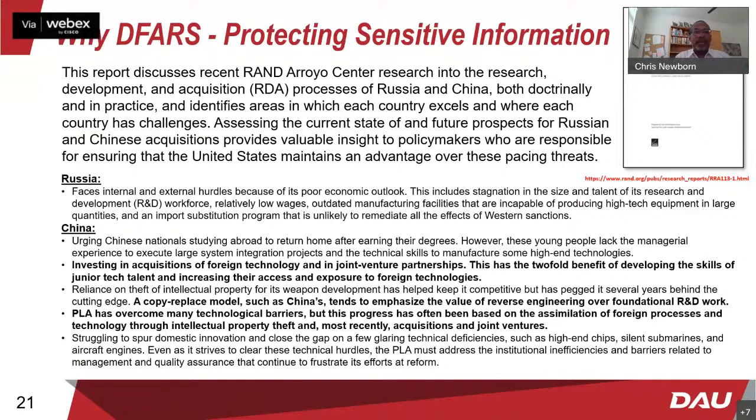And then for China, everybody knows, and I highlighted the most important things. Number one, investing in our acquisition of foreign technology and joint ventures. The only reason they're doing that is to get access to proprietary information from a manufacturing and processing standpoint. Before, they have been very successful in acquiring our technology and reverse engineering it. But when it comes to the manufacturing process, the United States is number one in the world. And if we're number one in the world, guess what they're going to be coming after? They're going to be coming after those processes and procedures.